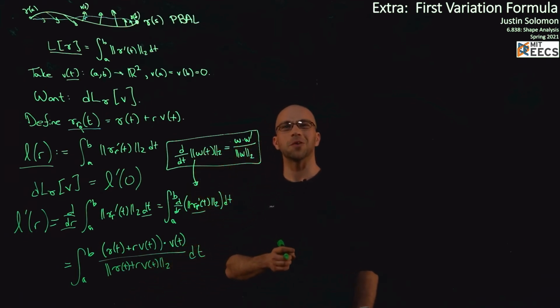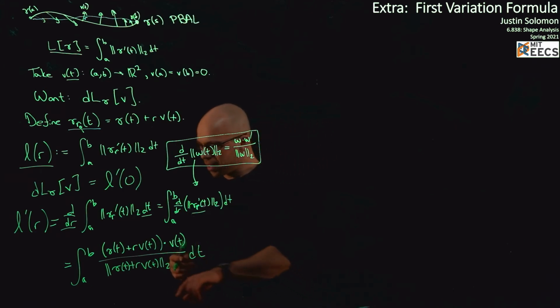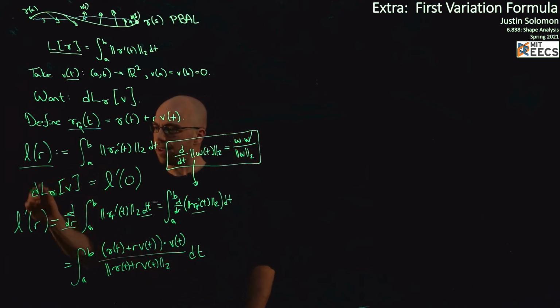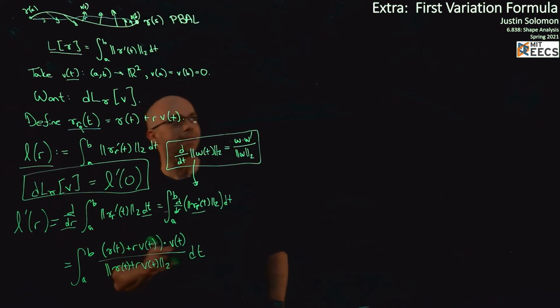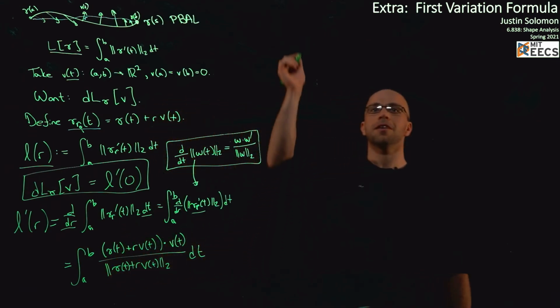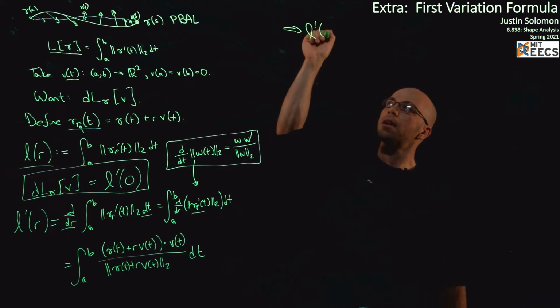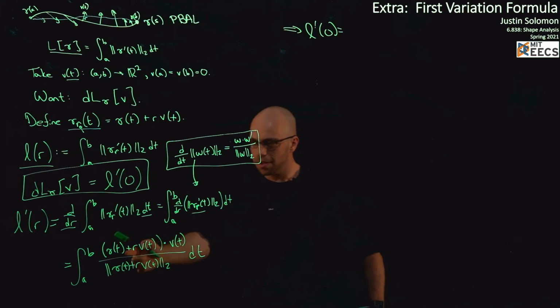Okay, hopefully I haven't totally confused you by talking in circles. So now, one thing that we can do is substitute in r equals 0, because at the end of the day, that is what we're trying to derive. So what happens in that case? Well, let's go ahead and write it out. So, in other words, we want L prime of 0. And that is going to be equal to, well, this term vanishes, so I have